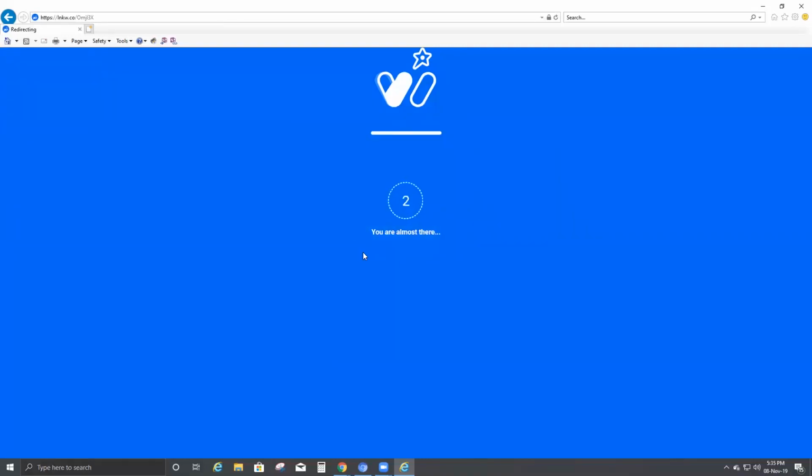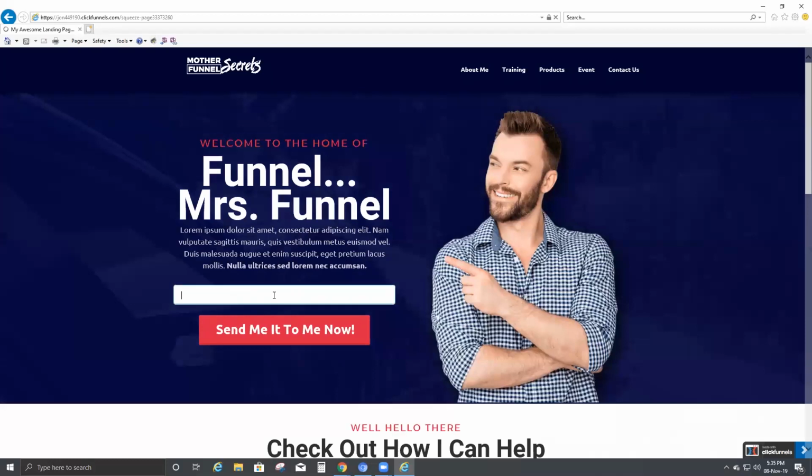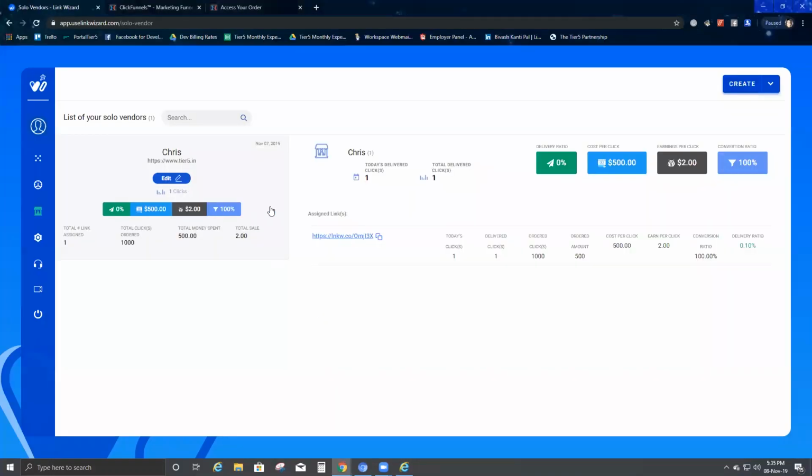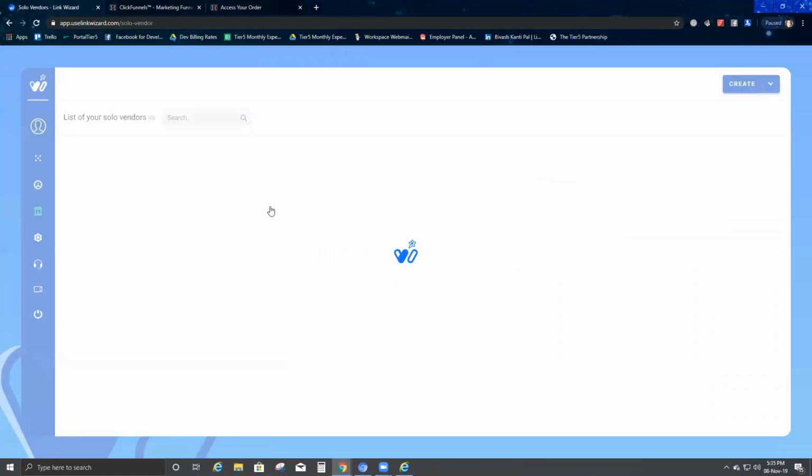So once my redirection page finishes, it takes me to the site that I have given to that particular solo vendor. I've assigned to that solo vendor here. So let me just go ahead and give any random email. Take some time. So Nitin, what happens basically is when I go back to this particular site, my link wizard,